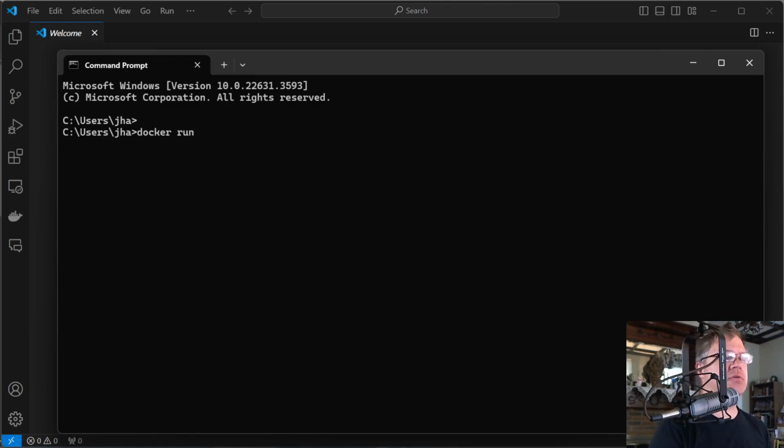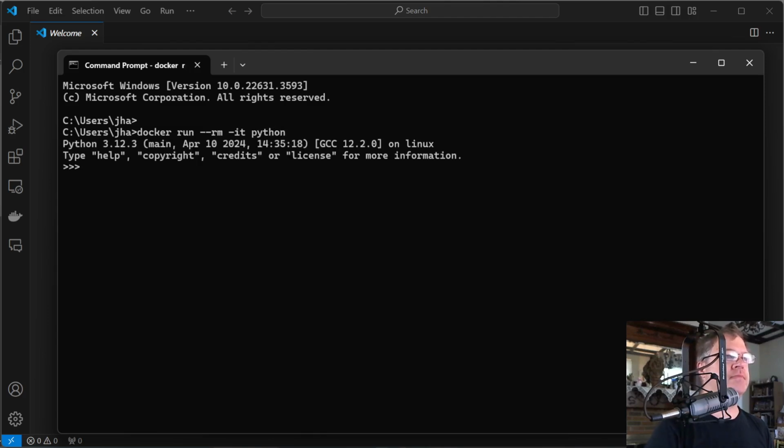So I'm going to run docker run --rm -it python. So this goes and it starts up a Docker container. It's going to remove it whenever I exit. So when I end from this, the container goes away. There's no trace of it. But I also want to say -v and